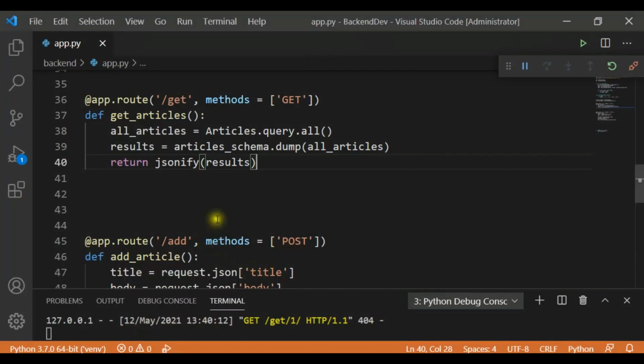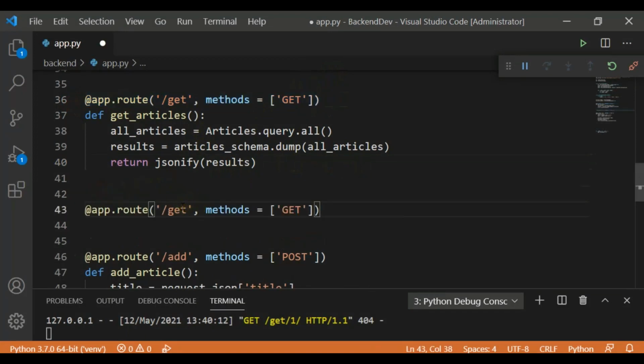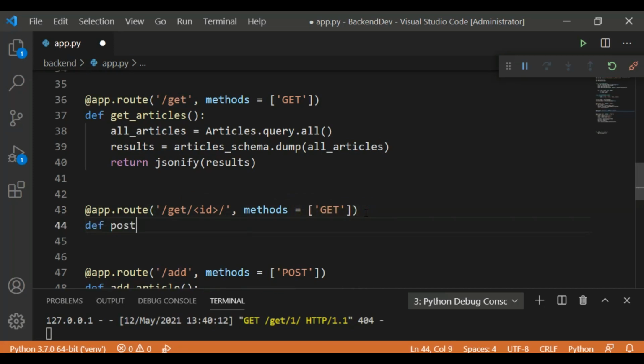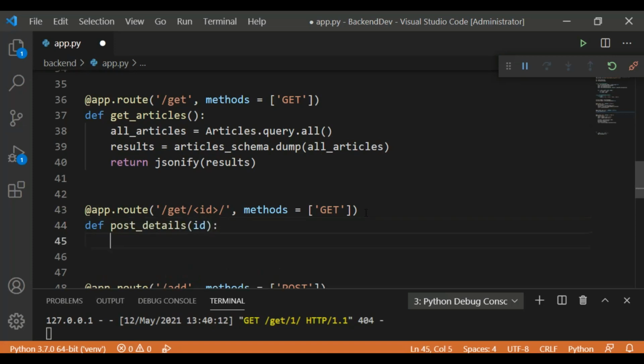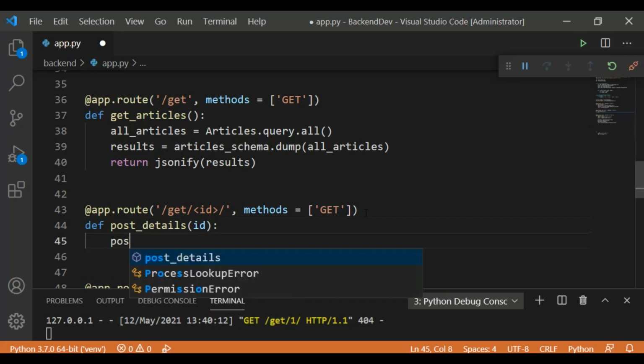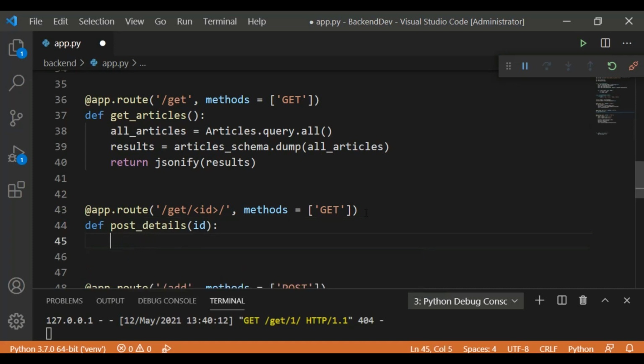So for that, we need to create another route in here, and I'm going to just copy this and paste it in here. This should be get, and we want to get according to the ID, and the method is get. Let's say post details, or whatever you want, and we can pass ID in here. And now let's say article, so for one article, and we can just say articles